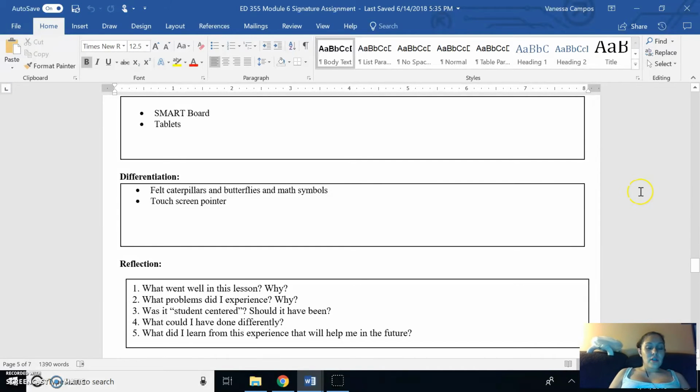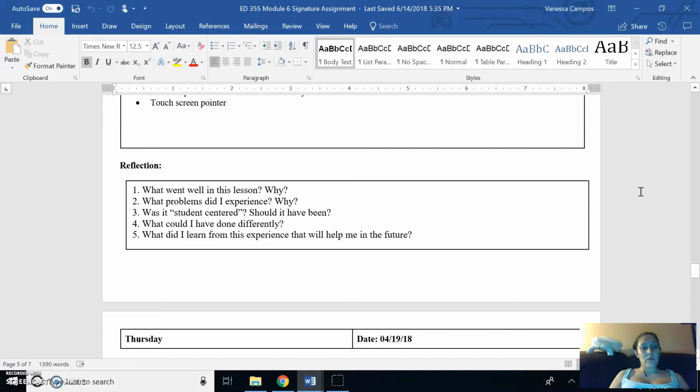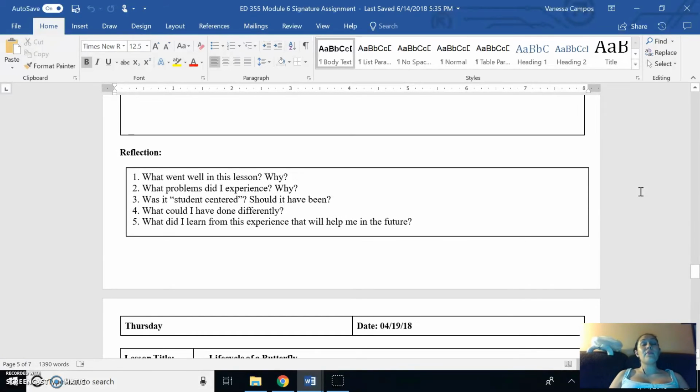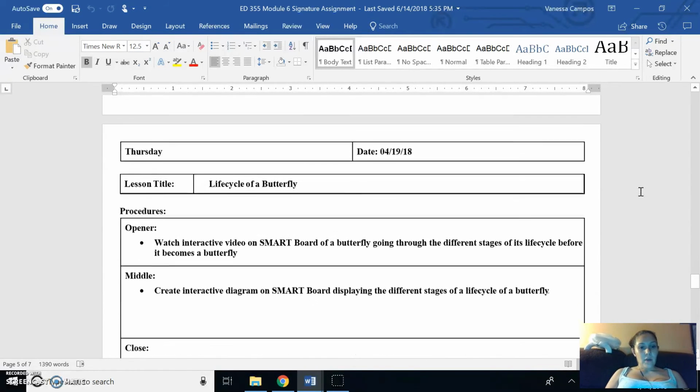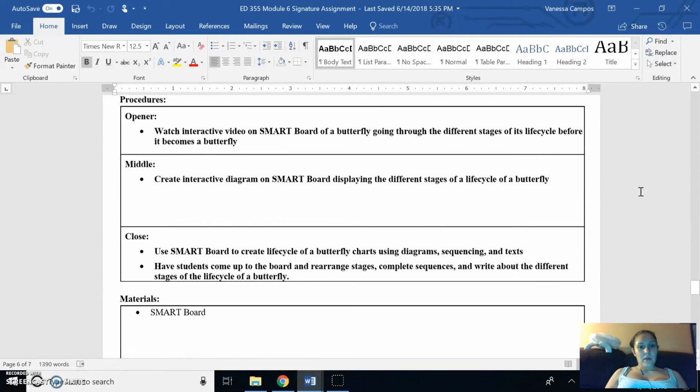For differentiation, students who are unable to use the smartboard or the tablet, or can use just one, will be able to use felt caterpillars and butterflies and math symbols, and a touchscreen pointer if they're unable to walk up to the whiteboard or to use a tablet, either or. For Thursday, we're going to have students create an interactive